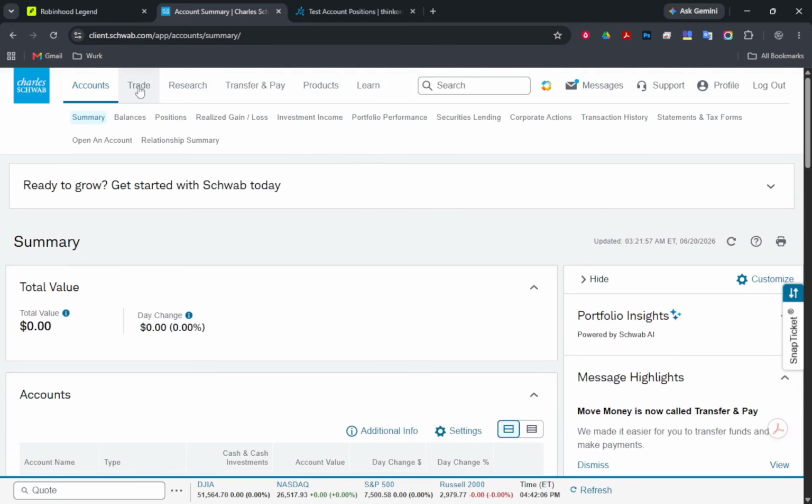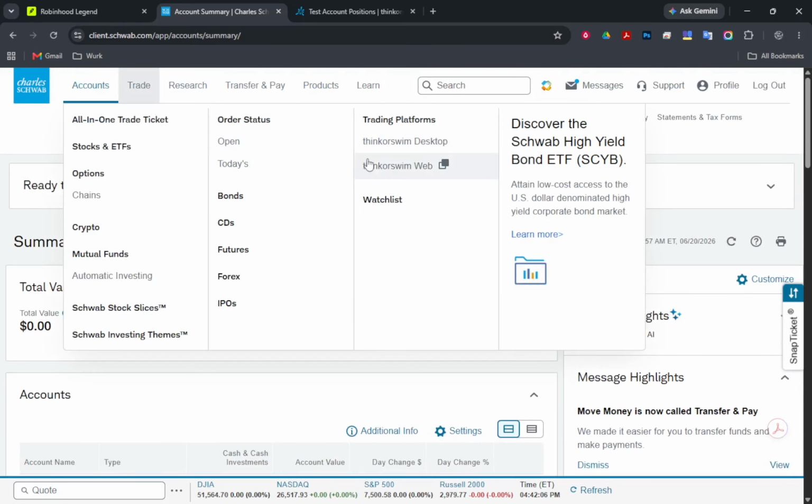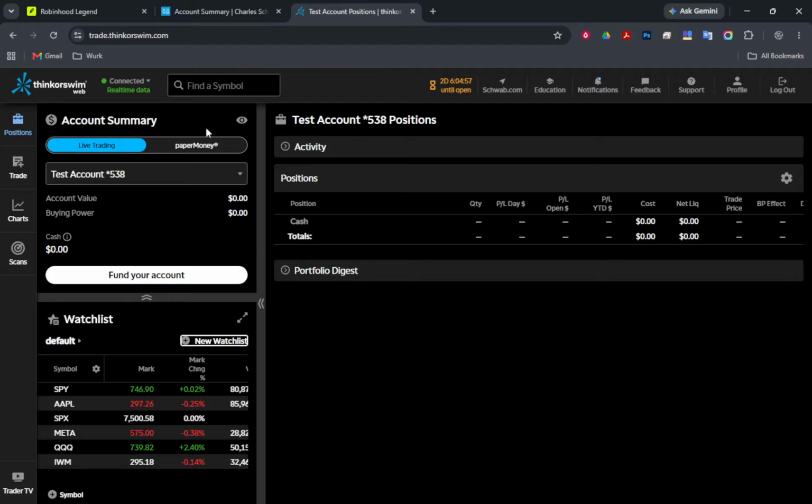Webull offers full paper trading with fake money, allowing you to practice without any financial risk. E-Trade, specifically through Power E-Trade, also has a paper trading mode that you can explore. Another excellent choice is Charles Schwab's Thinkorswim, known for its advanced simulator. These platforms are what most beginners use to safely test strategies and get comfortable with trading.